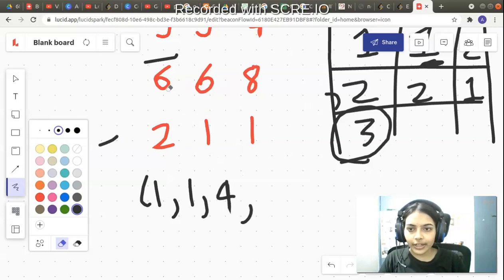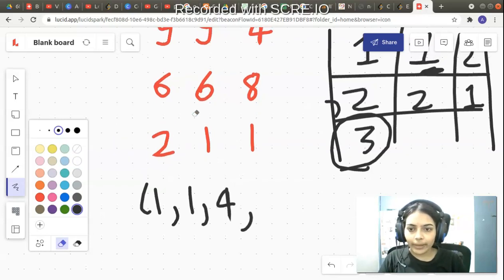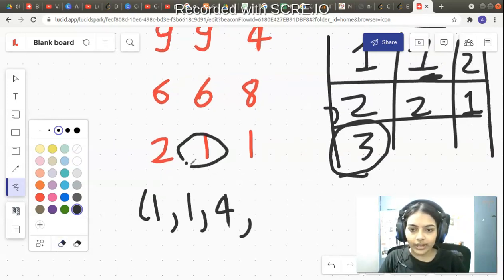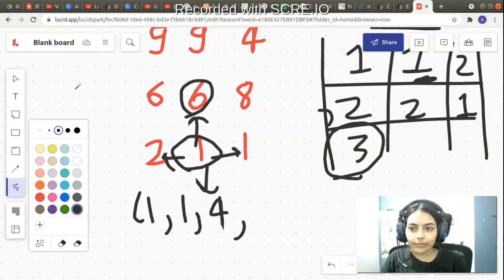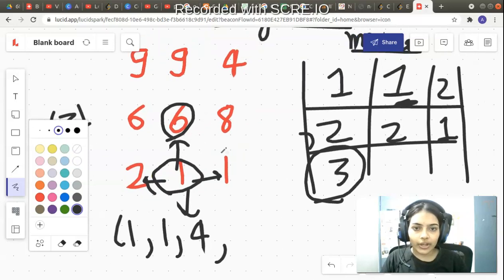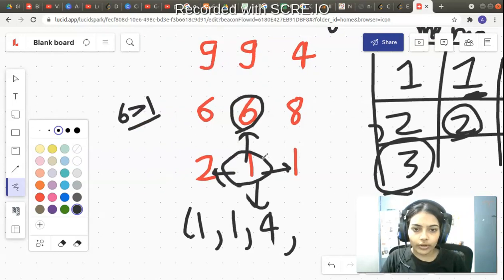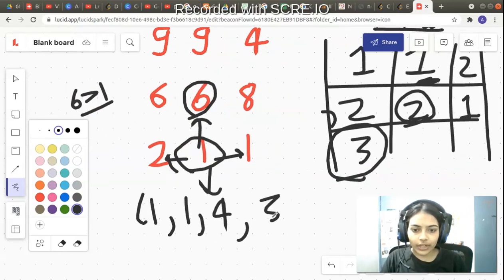And let me go back to 1. Now 1 has made a recursive call to its right neighbor, to its down neighbor, to its left neighbor. It is left to make a recursive call to its top neighbor. Now its top neighbor is having a value of 6. It's again a helpful neighbor because 6 is greater than 1. So we will see in the memoization matrix corresponding to 6, a value of 2 is stored, so it will return back 2. So 2 plus 1 is equal to 3.